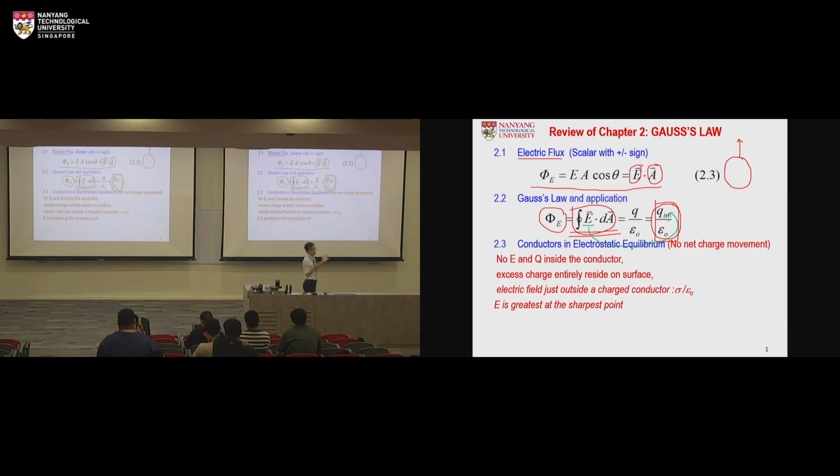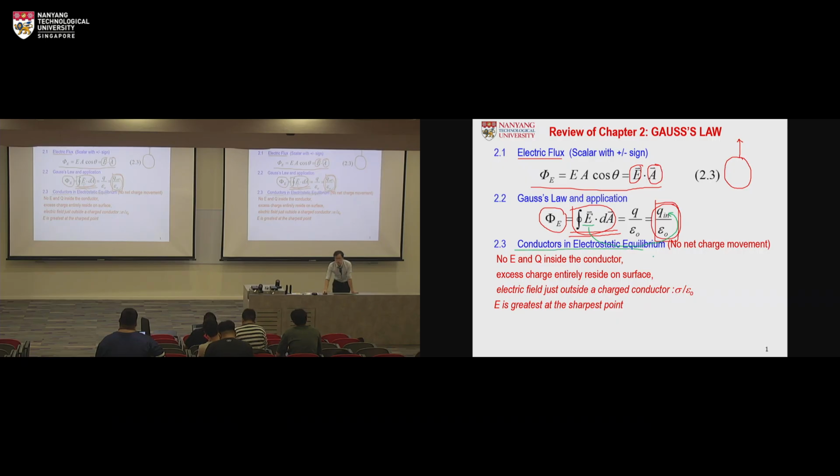So then you can tell it's going to be, more likely you can figure out this E. It's going to be easier. So this is the Gauss's law. Based on the Gauss's law, of course, as I mentioned, the most important part is how you can use it to determine E. But at the same time, actually, we also can derive some very important understanding for those